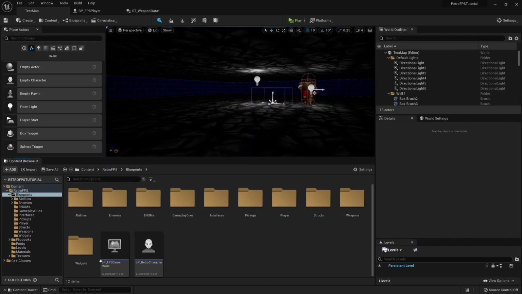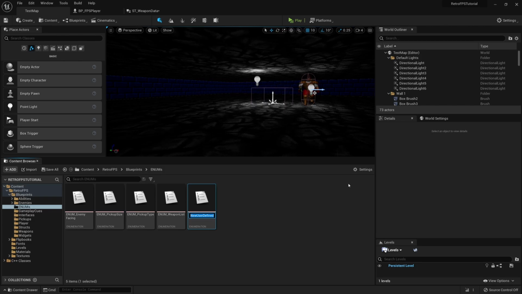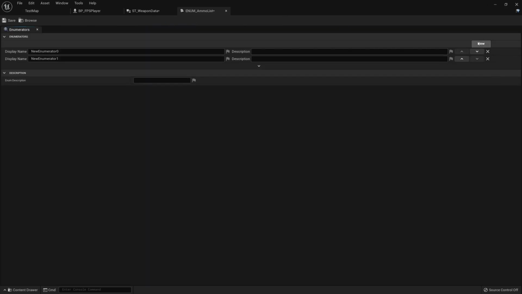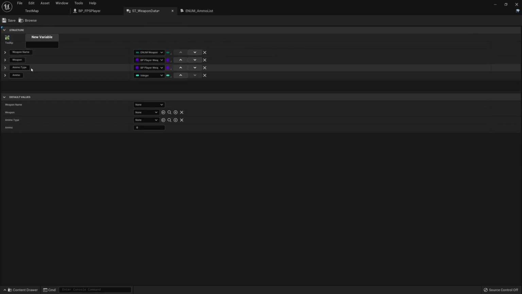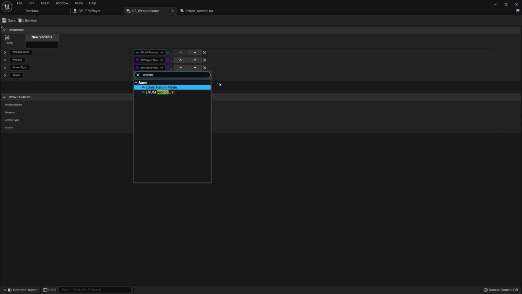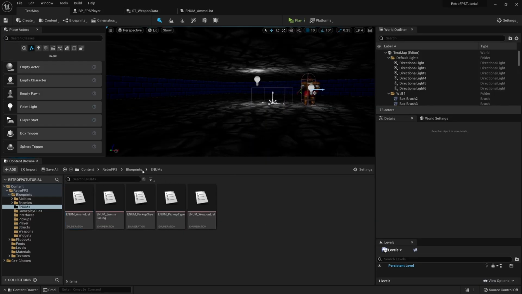I'm not going to save it right now, I'm just going to go over to the enumerations folder, and we'll create an enumeration here, which is in blueprints, enumeration, that will be called ammo list. In ammo list, we're just going to make 3 total entries. First one will be none. The next one will be bullets. And the third one will be rockets. With that saved, we can head back over to the struct we were making, and for ammo type, we'll change that to ammo list.